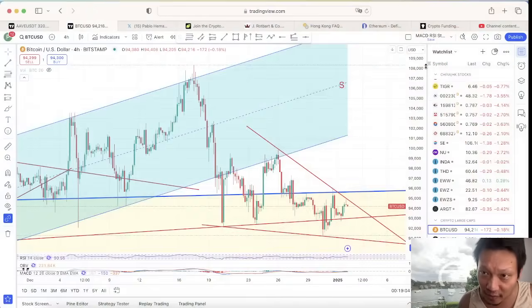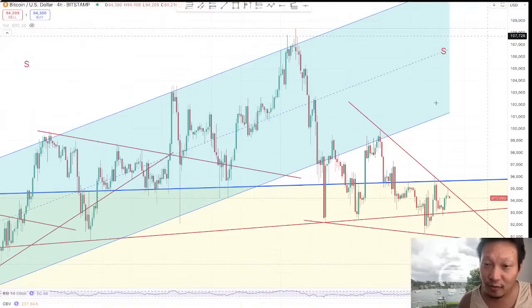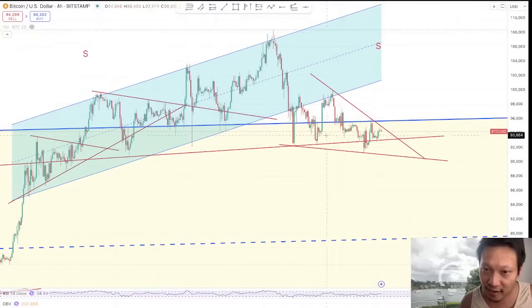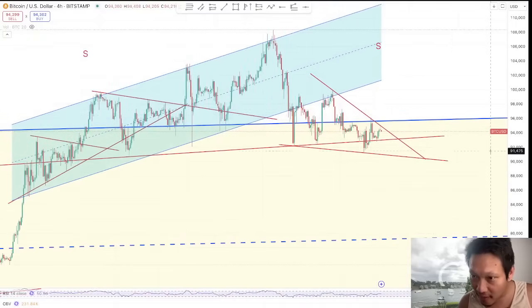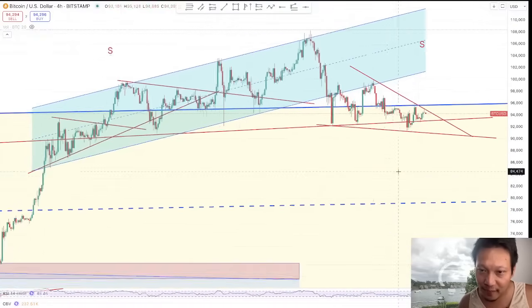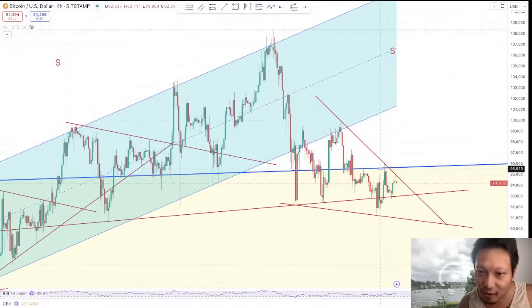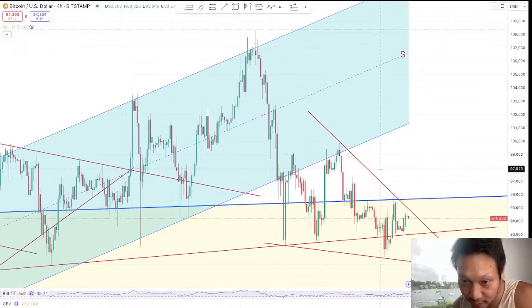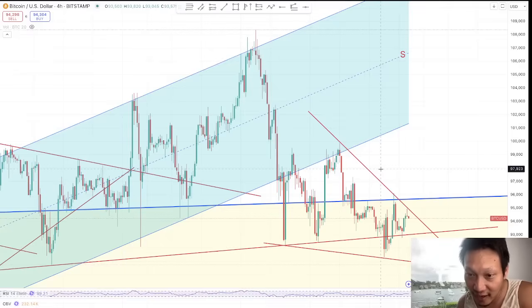Let's have a look at Bitcoin, right? Basically, if you've been following my videos, it's doing a downward or falling wedge pattern. So here is the wedge, and it's pointing downwards. I'm looking at this on a 4-hour chart, not a daily. And usually a downward or falling wedge is actually good for the price because they tend to break upwards,